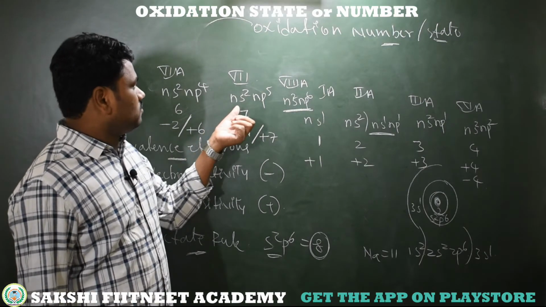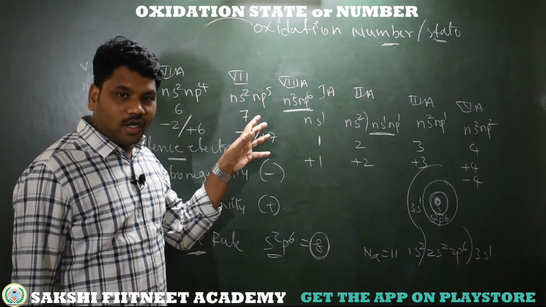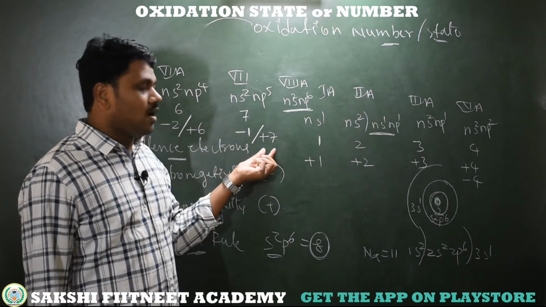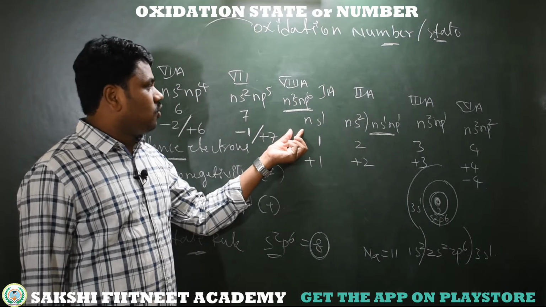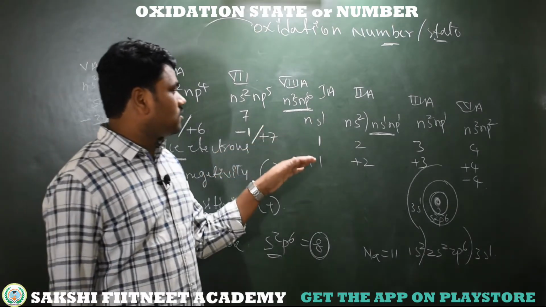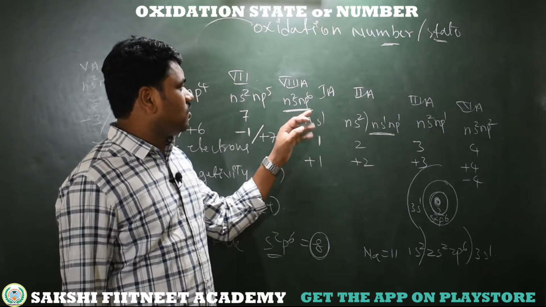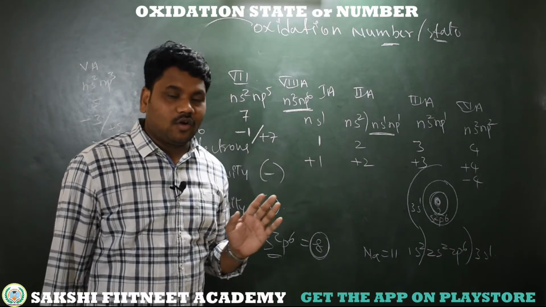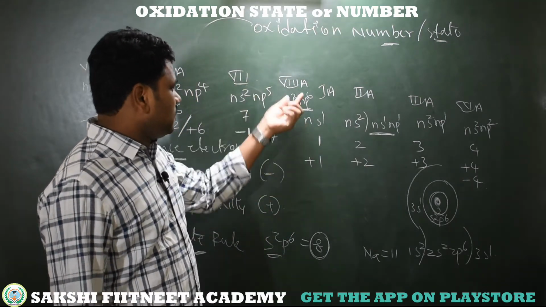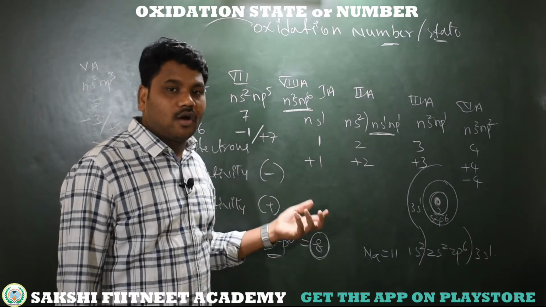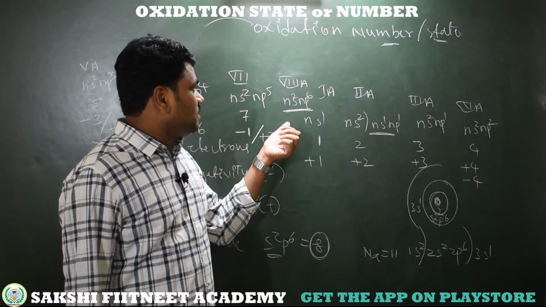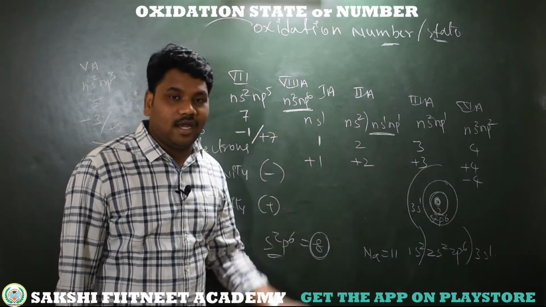Now the seventh group, with 7 valence electrons and more electronegative, gives -1. If that element is a central atom, it gives up to a +7 oxidation state. Eighth group: because the octet is completely fulfilled, with 8 electrons present as s2p6, they don't want to gain or lose any electron. In the exceptional case where xenon or radon combine with oxygen, based on the molecule, these 8th group elements can give up to a +8 oxidation state.